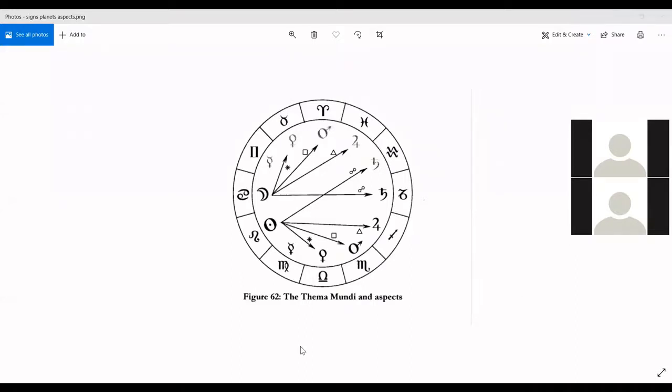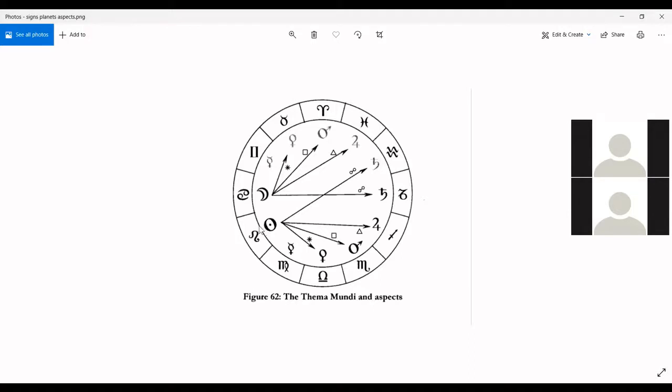So I want you to look at this picture, and I'm going to read something. What they're basically saying is that the aspects have the same characteristics as planets. It said the sextile aspect is a good aspect, and it is an aspect of medium friendship and concord, and it is said to be an aspect of medium friendship because it is drawn from Venus and from the luminaries. I'm going back to this other one again now.